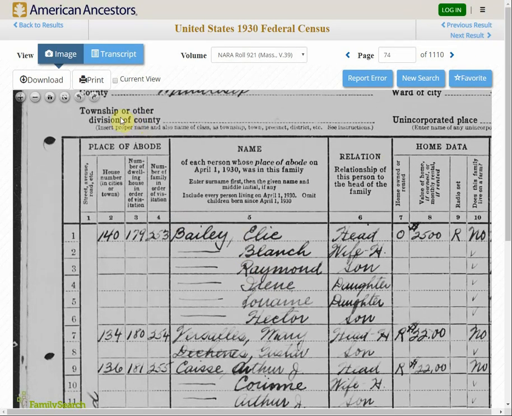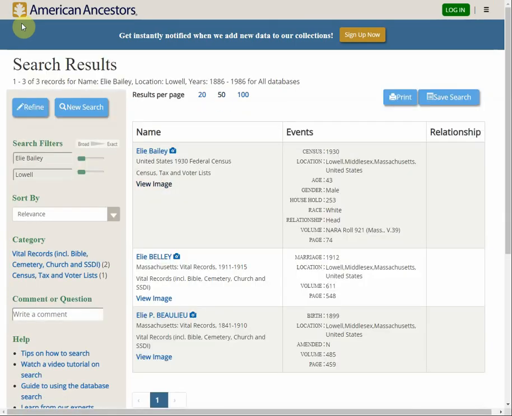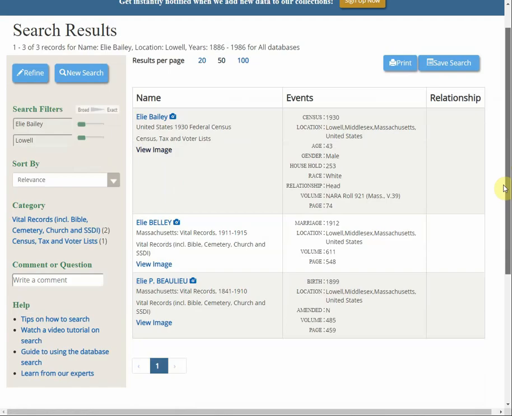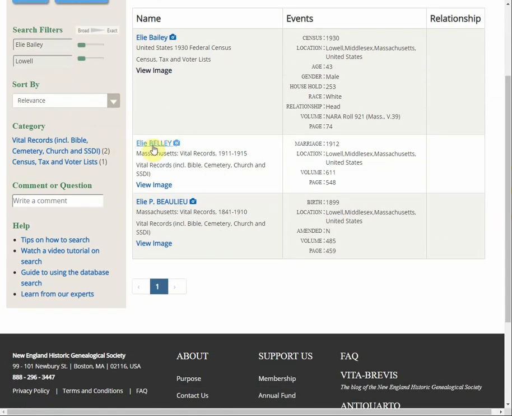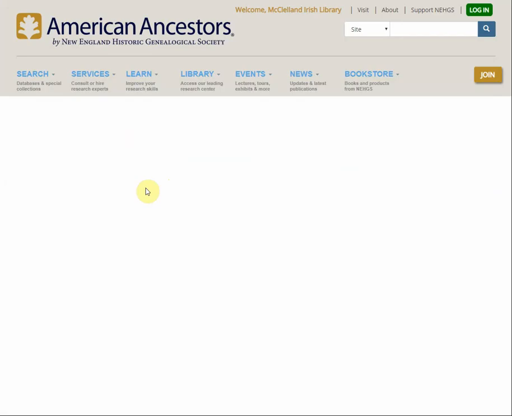The 1930 census gave a lot of information, so let's go back to results. As I recall, there was a second record for Ellie. Now it's Ellie Belly, spelled B-E-L-L-E-Y. I wouldn't have wanted to go through high school with that name, Ellie Belly, because I think they would have had a lot of fun with that. But anyway, be that as it may, here's a marriage record. If he was born in 1887, he would be 25 years old at this time. So let's see if that's him. We take a look,